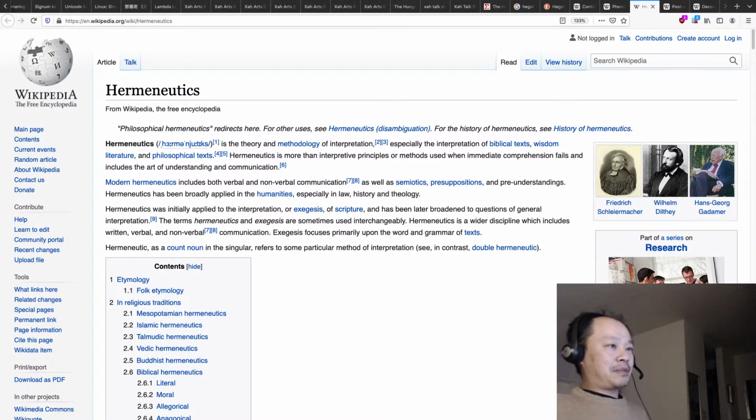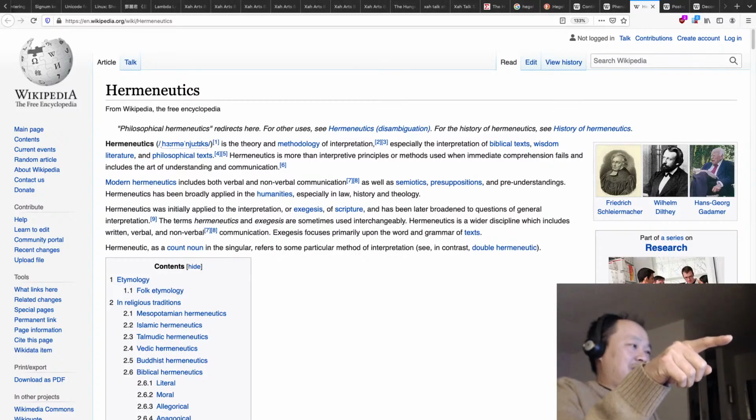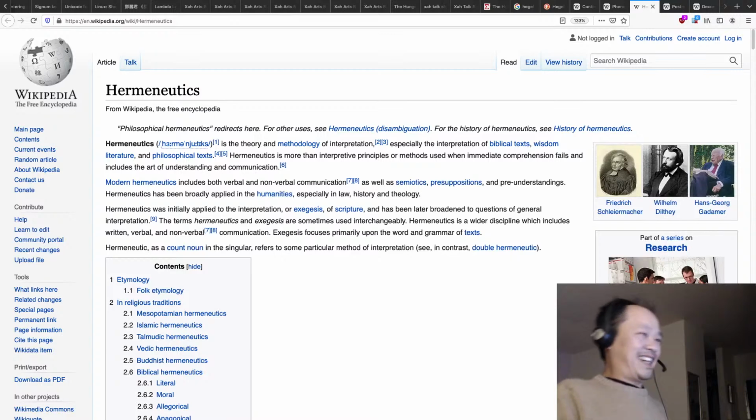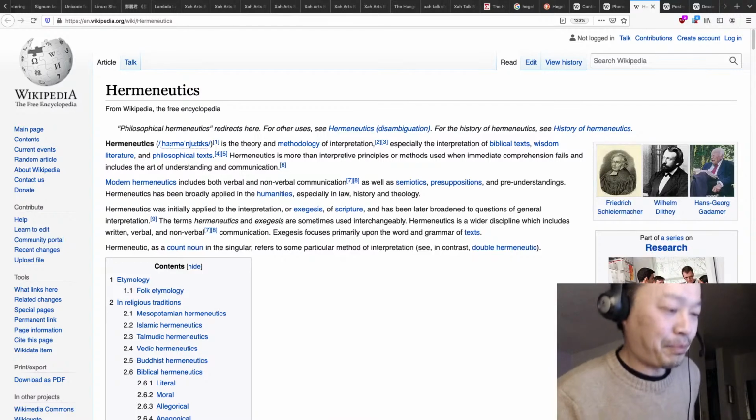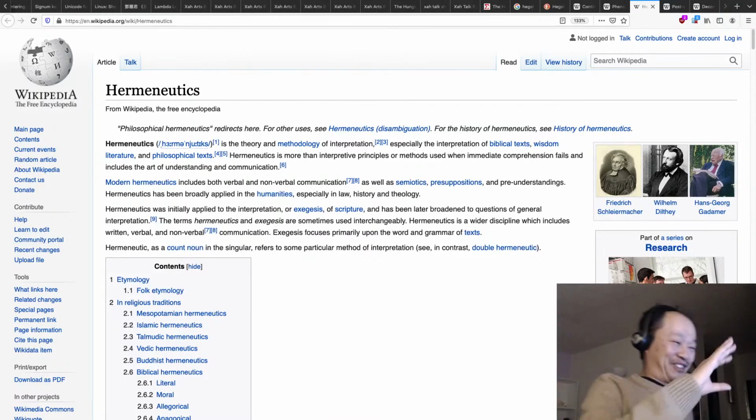But now science becomes popular, and you are under attack. Science is attacking you. Look! These Christians' holy book says 1 + 1 = 3. At this point, what are you going to do? You are a Christian, one of the leaders, the priests or whatever, the Pope, and you are being attacked by science because your Bible is a bunch of bullshit. What are you going to do? You invented hermeneutics. That's the solution.